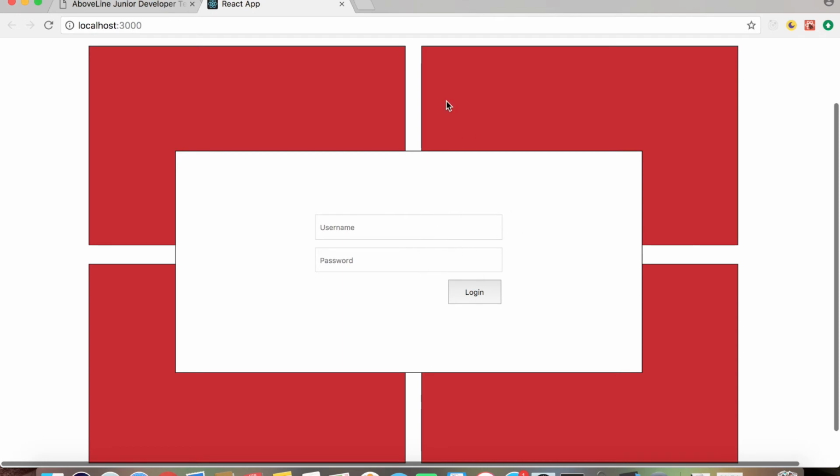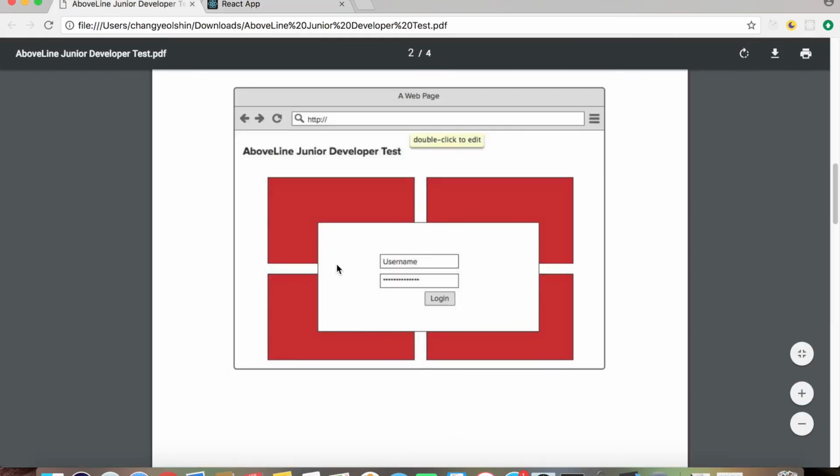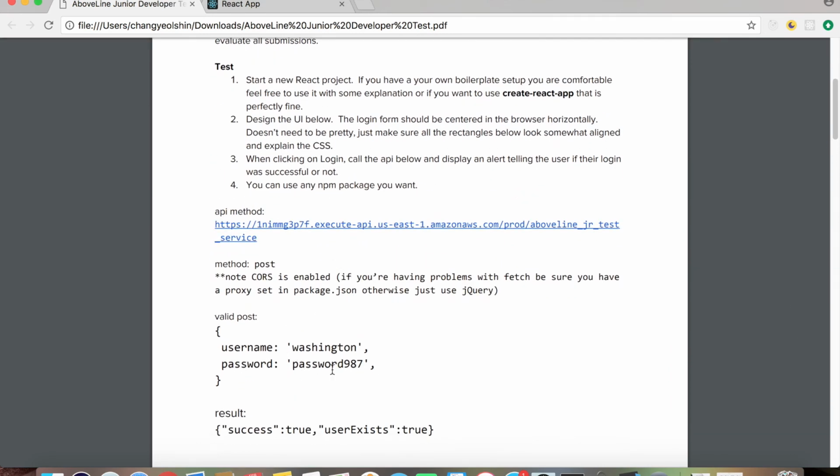And so now that all the styling is done, we can provide the functionality where we will be fetching an external API post call to Amazon AWS API link, which is provided right here. And if we were to provide the username Washington with the password 987, it should provide this as a result. And then it says that note CORS is enabled. If you're having problems with fetch, be sure you have a proxy set in package.json, otherwise use jQuery. And so in order to combat this problem, I'm going to be placing a proxy and set it inside the package.json. And so I'm going to copy this link,